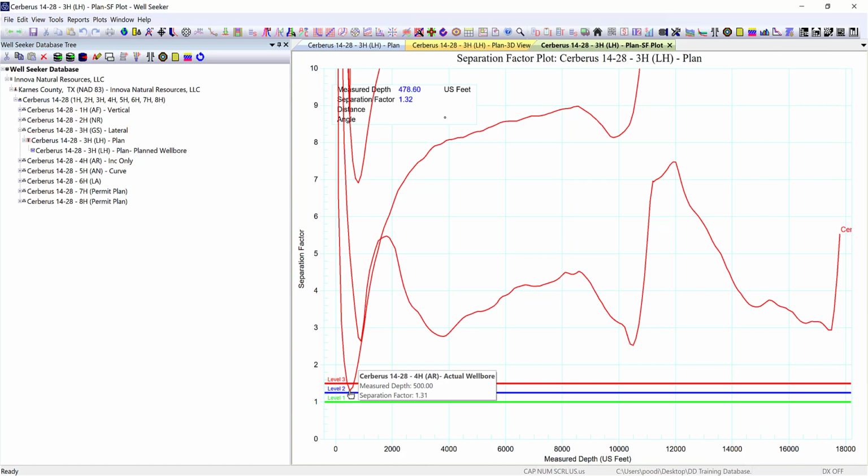Okay, all of these values, because it's an anti-collision separation factor, are affected by the anti-collision setup options. Again, this is discussed in a separate training session, but it's something to be aware of when you're looking at these results. Okay, so that looks like the only well that is of a reasonable concern to us in terms of separation factor. So we can go back